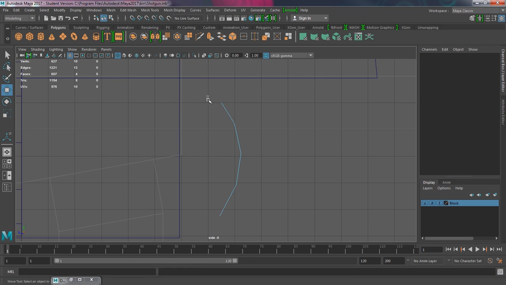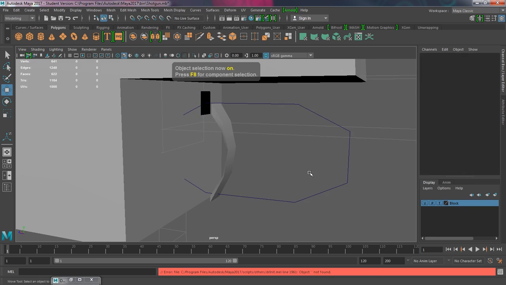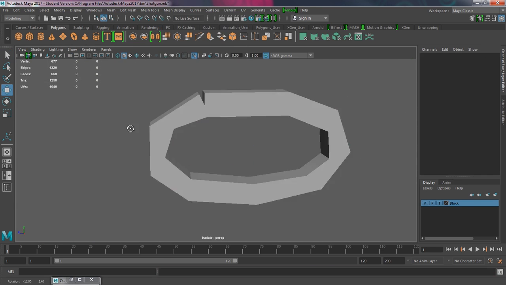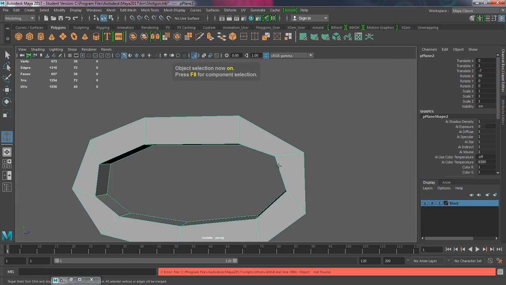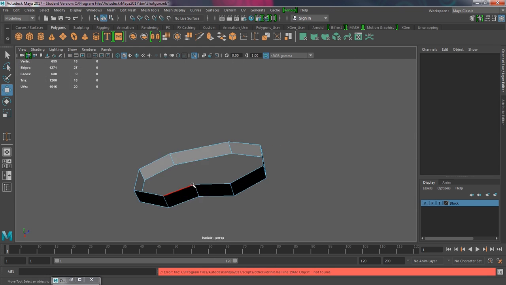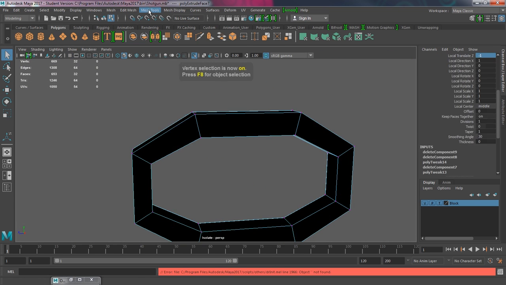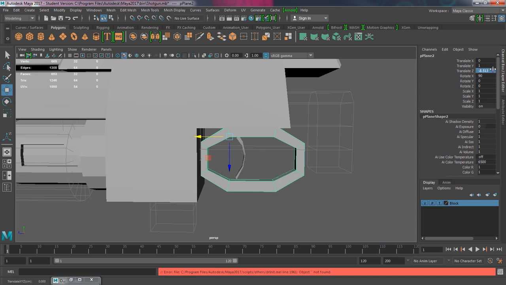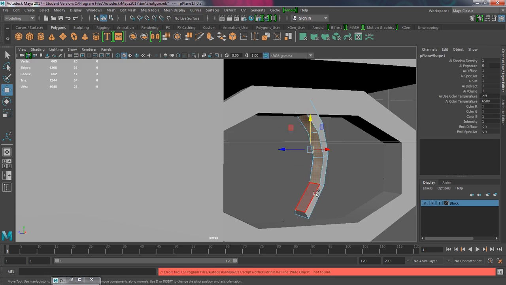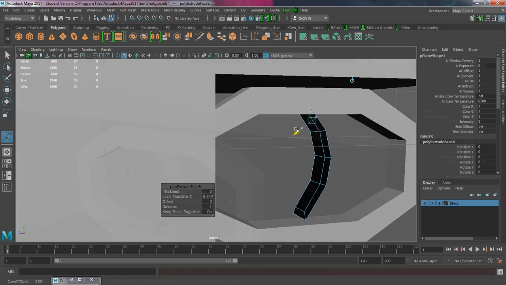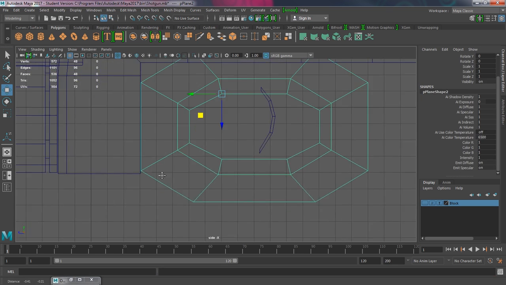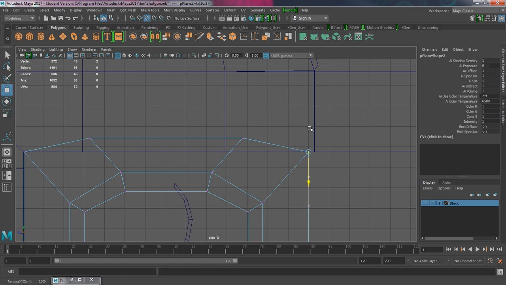This was done using a curve, which I've just extruded the faces along to get the shape I wanted. I've done the same with the hold that connects the trigger. So I'm just correcting things here now. The shape didn't quite work out how I wanted it to. But it's these angular corners that are just cut and all these faces that stick out of other faces. It's the sort of style I wanted to go for visually.